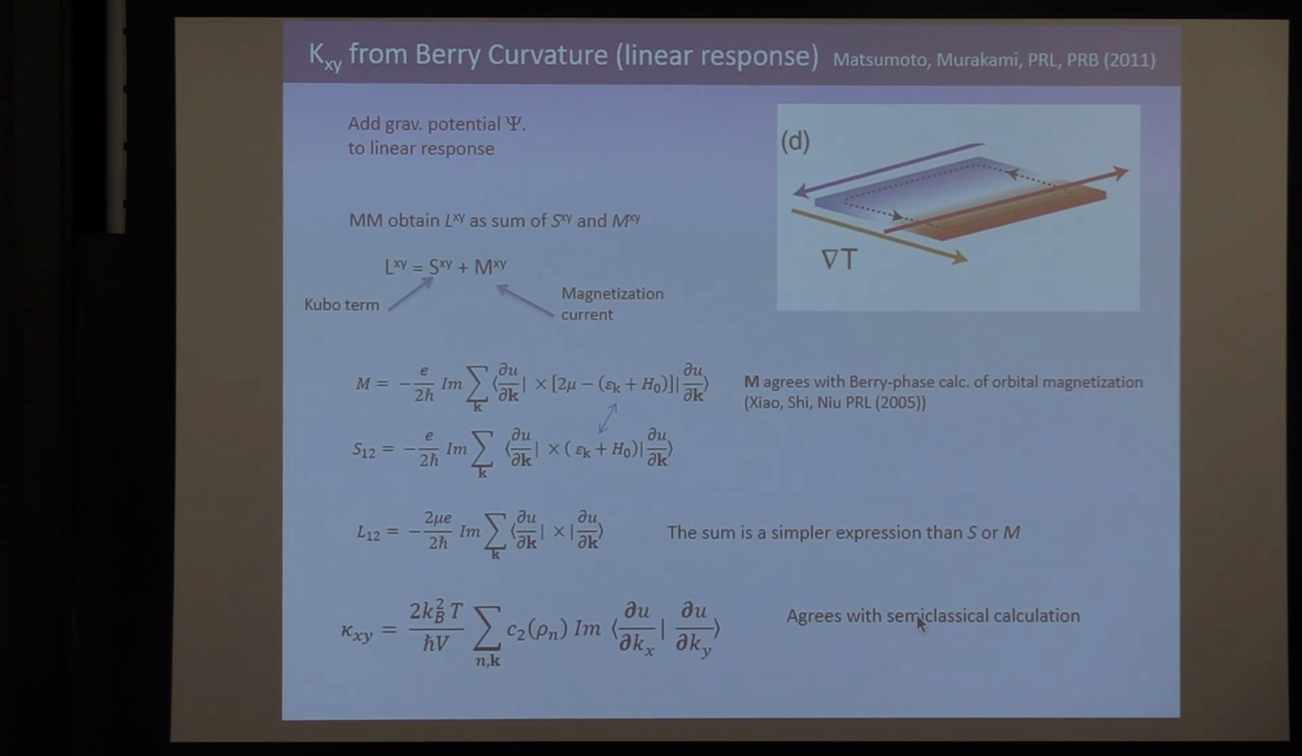Okay, now they repeated this in linear response, and I won't go through it except to point out the nature of their final result, which is sort of interesting. They found that if you do this seriously using Luttinger's gravitational potential, it breaks up into two parts, S and M. S is the purely Kubo term that Nagaosa and Lee had obtained. But now you have this essential magnetization current. And when you add them, so I've